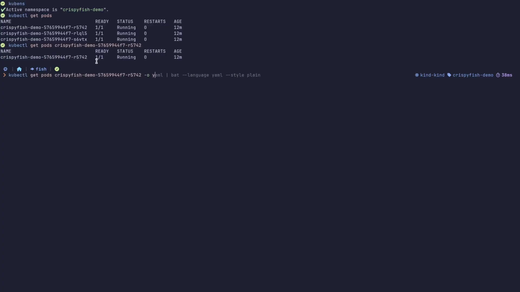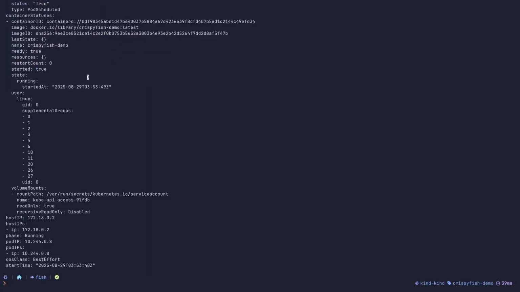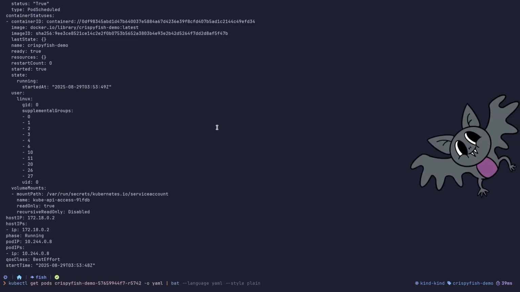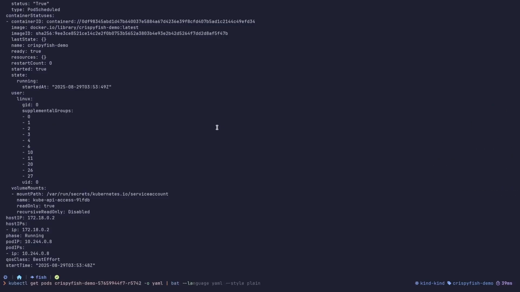We can then output this to YAML to see the configuration, and you can see this all output here. Generally, Kubernetes is a RESTful interface and returns JSON, but JSON can be very easily converted to YAML, so Kubernetes does that for you for convenience and ease of reading. I'm also going to pass this into a command called bat, just to give this some colorized output so it's a bit easier to see what's going on, and I'm going to make the style plain so there's no line